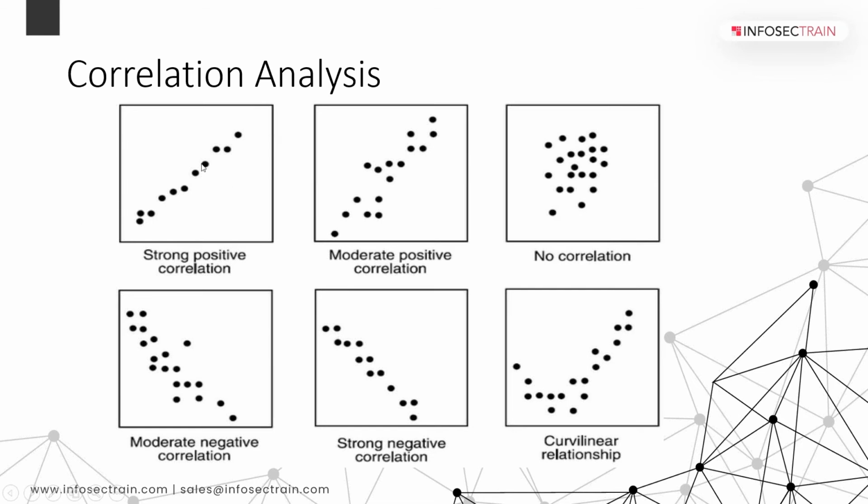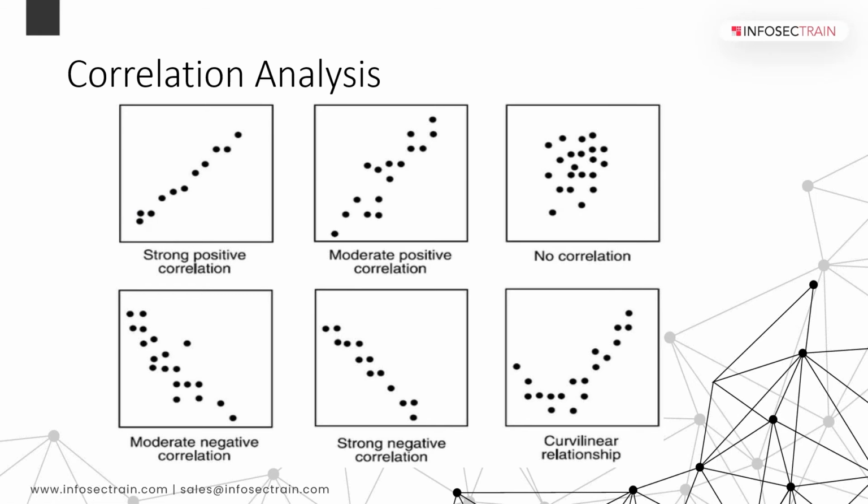It means your data points are very close to each other, and it shows an upward trend. So this is nothing but a strong positive correlation. This scatter plot shows a strong positive correlation, meaning as x increases, values of y also increase,